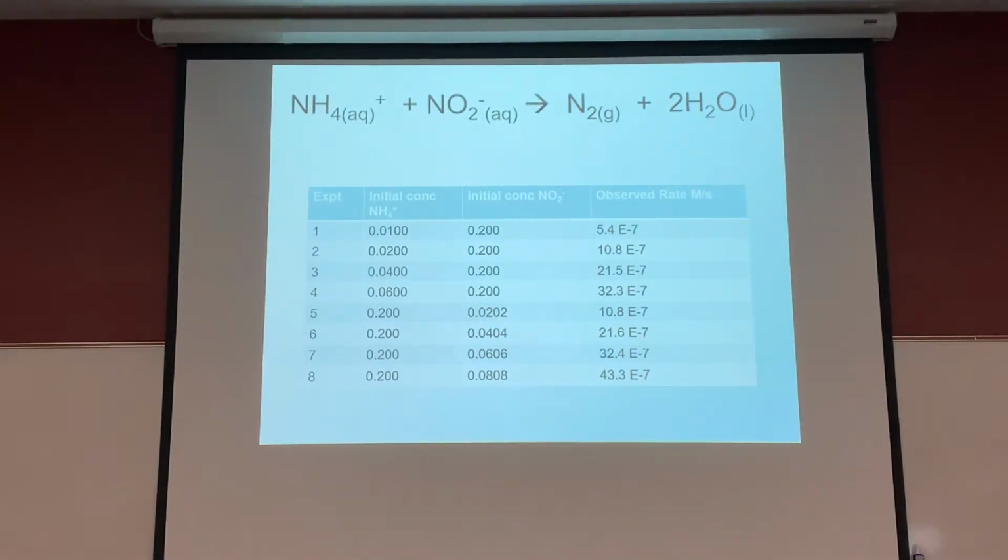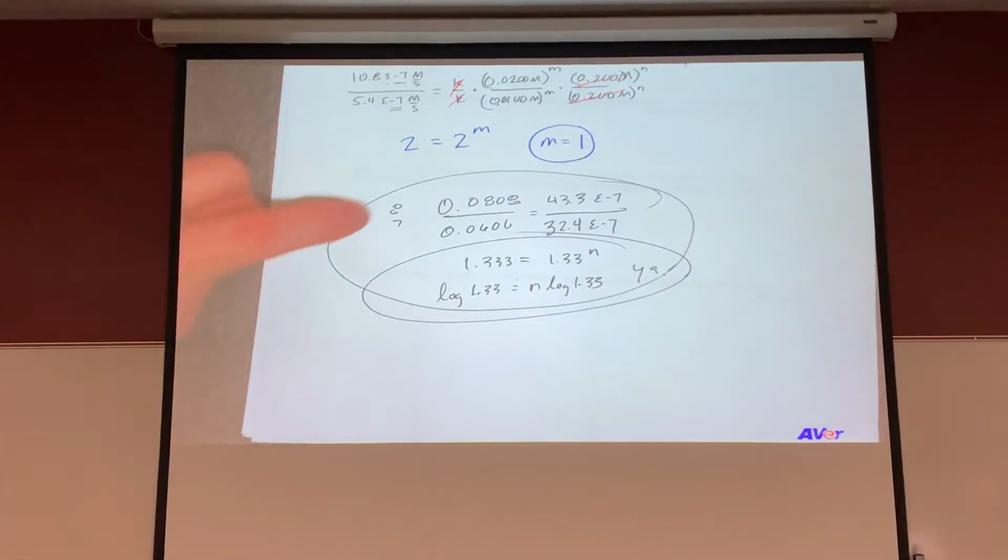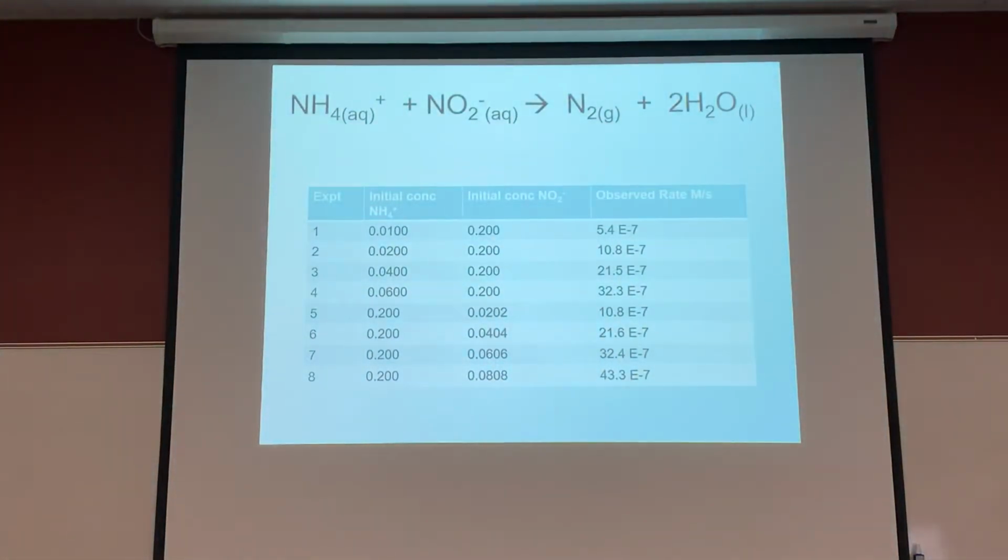Oh, no, dude. So, Angela was asking what happens if you took, say, trial 7 and 8. Well, yeah, because it's reversed if you take 3 and 4, where M is equal to 1.33, and then N is equal to... so for 3 and 4 you get. And if you were to give us a data table like this on a quiz, and we just use 2 sets, we got different numbers.